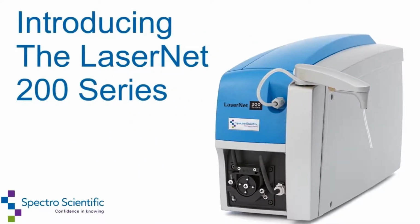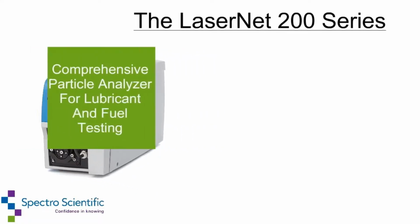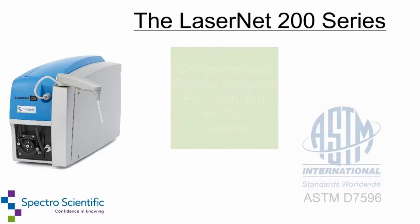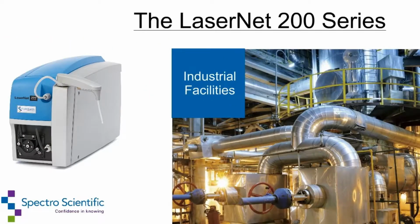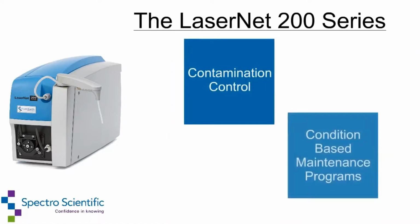Introducing the LaserNet 200 series by Spectro Scientific. The LaserNet 200 series is a comprehensive particle analyzer for lubricant and fuel testing that complies with ASTM D7596. In commercial laboratories, power generation plants, and industrial facilities, the LaserNet 200 series offers unrivaled functionality for contamination control